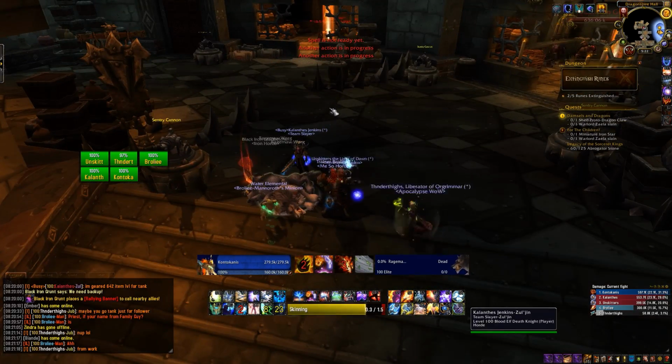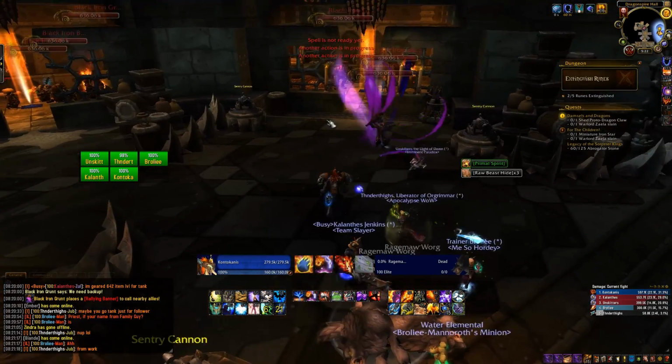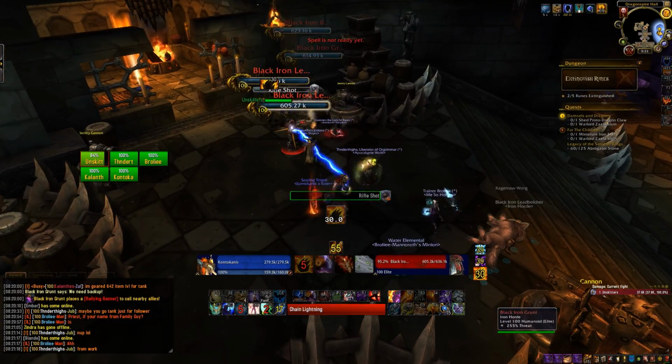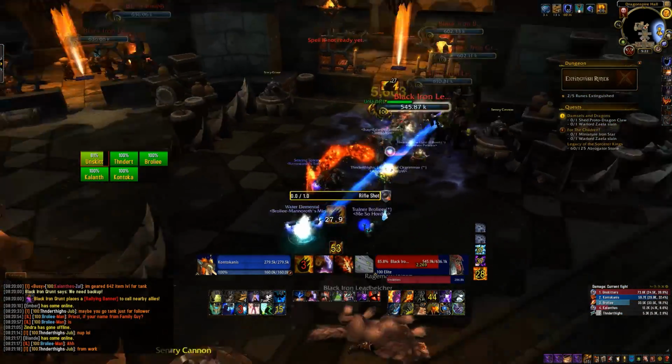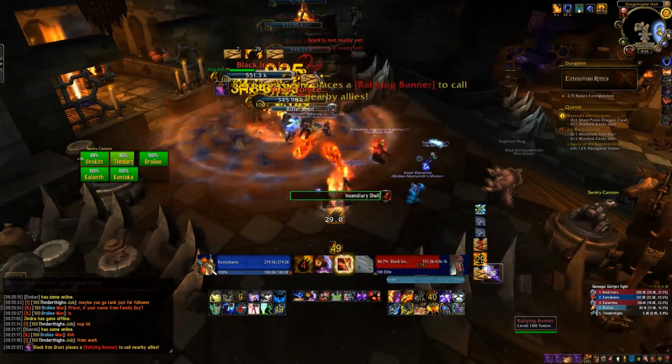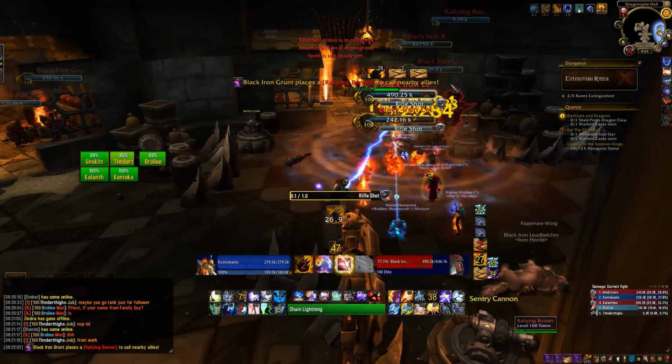So, of course, we're making sure to constantly keep everything on cooldown in terms of our abilities, with Primal Spirit. We'll use our Liquid Magma there. And, of course, we are also making sure we get a 5-stack of...